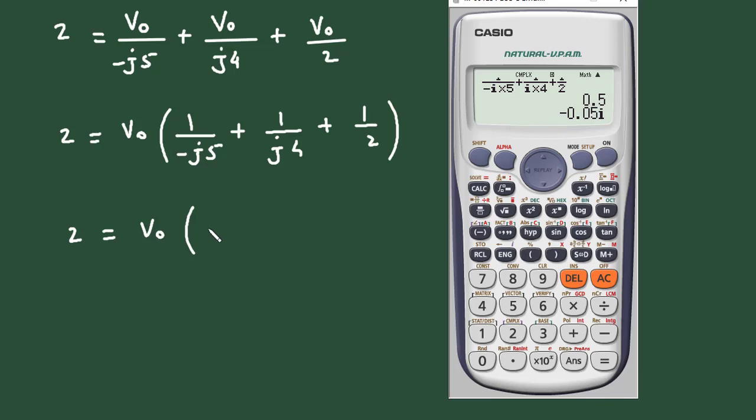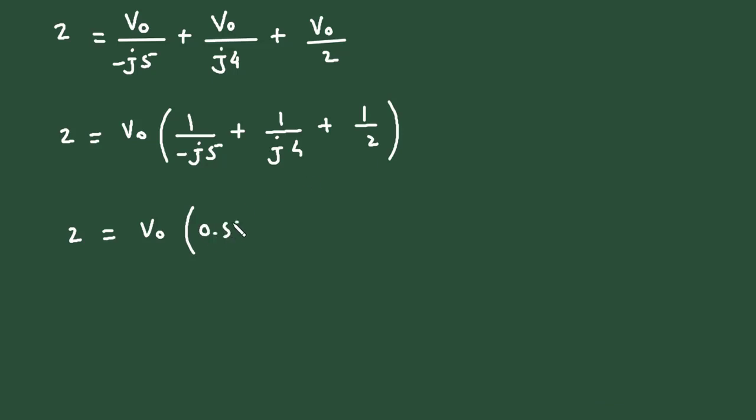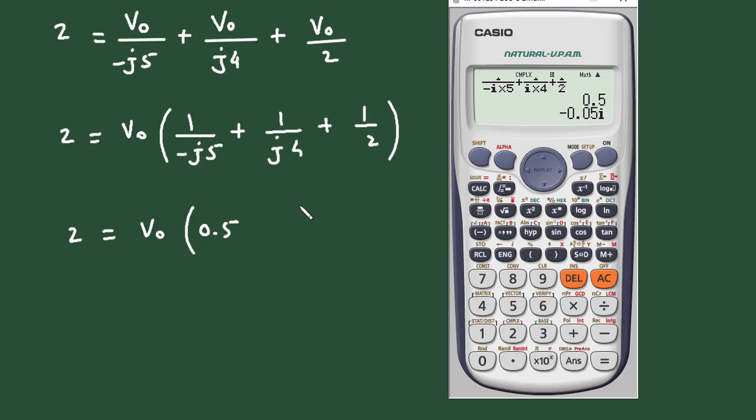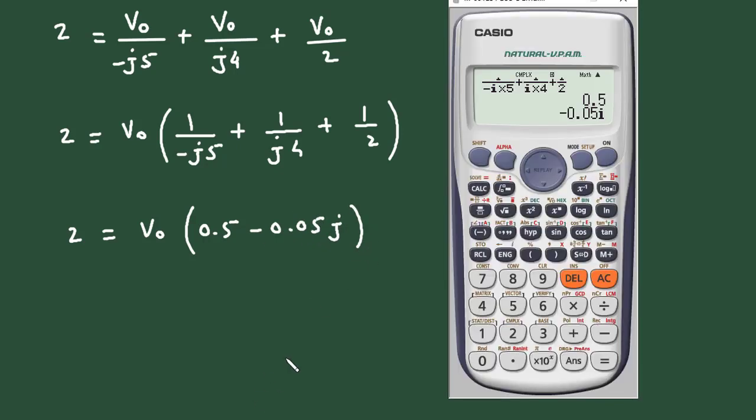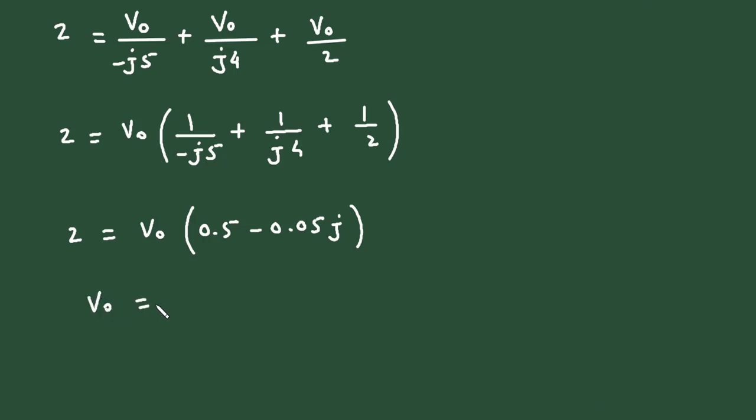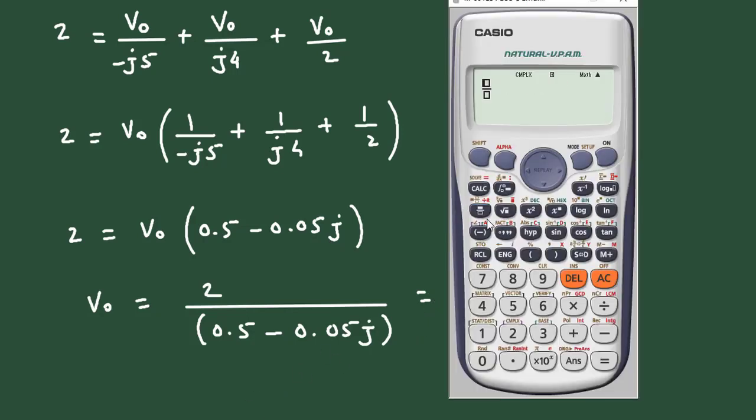It is equal to 0.5 minus 0.05 J. So therefore VO is equal to 2 divided by 0.5 minus 0.05 J. 2 divided by 0.5 minus 0.05 J is equal to, if we solve this in calculator,